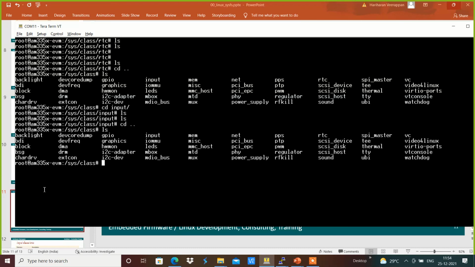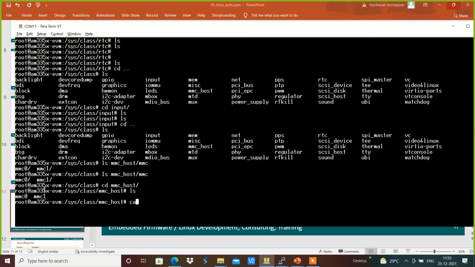And the same way we have the MMC host. For example, here we have two MMCs present. One is the eMMC, the other one is the SD card, and we can get the details from the MMC host.